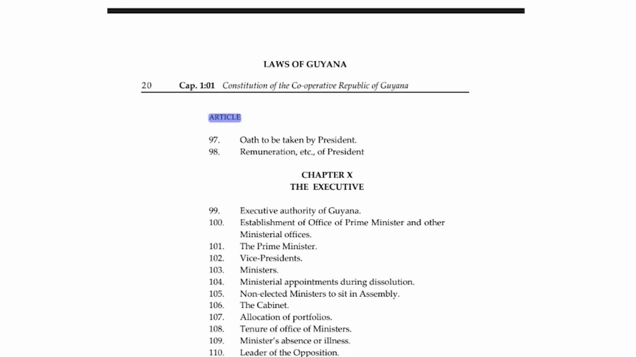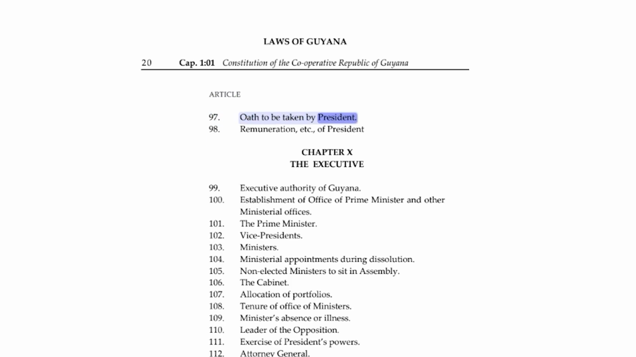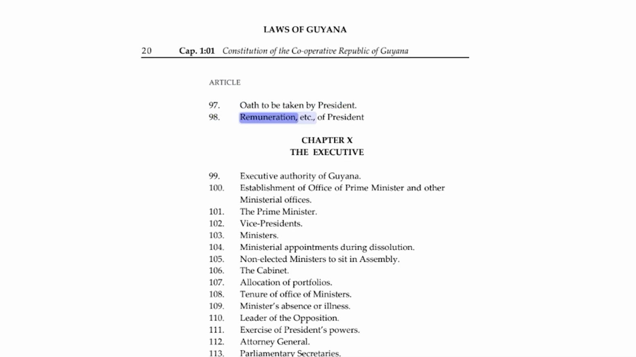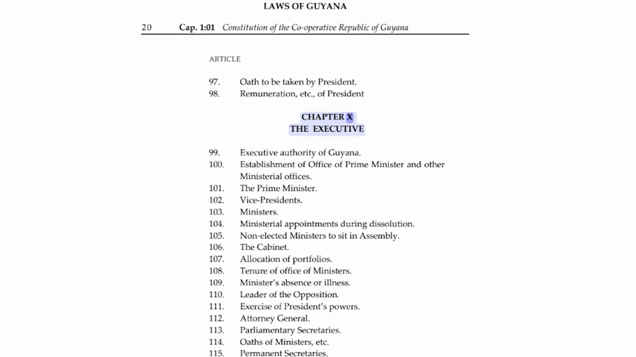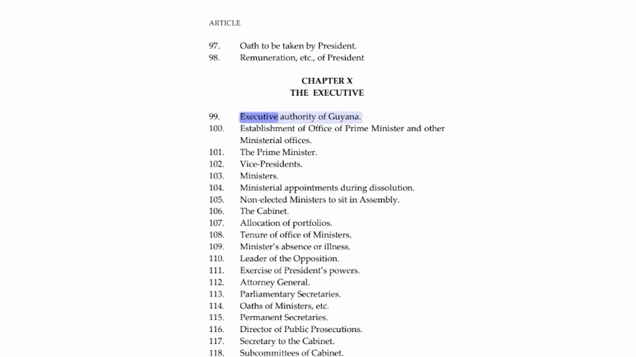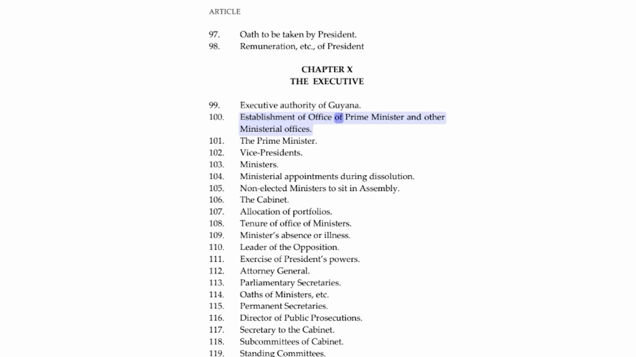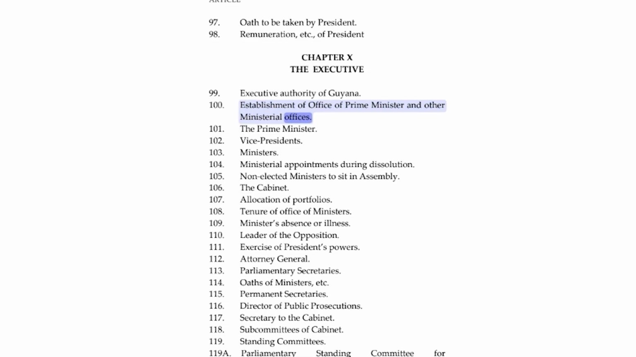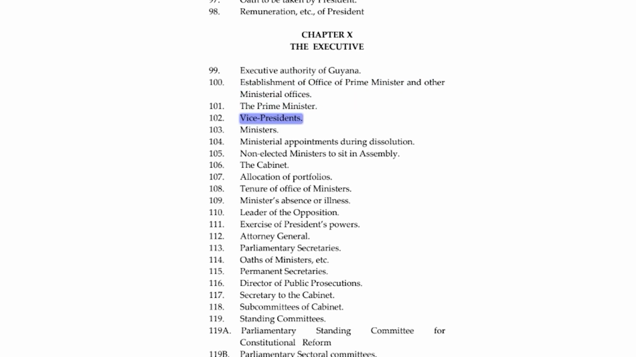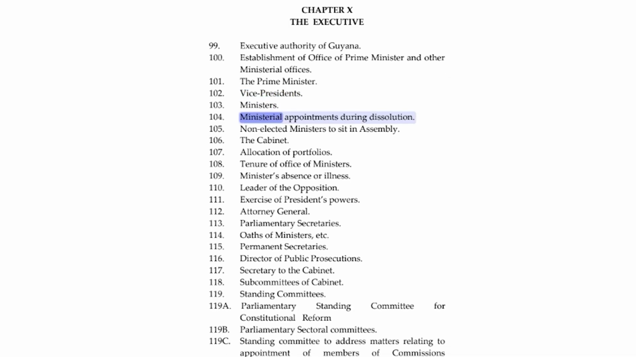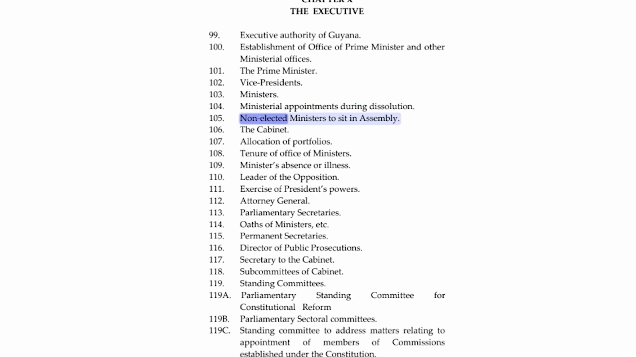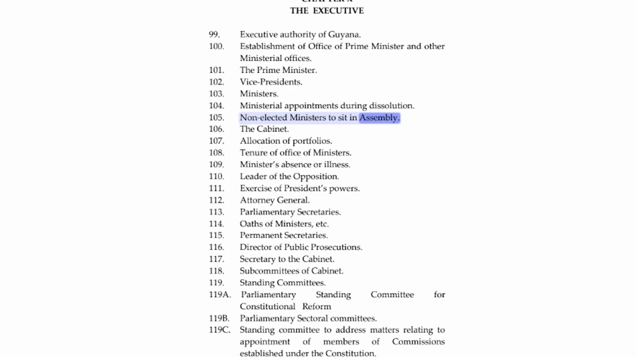etc. Article 97, Oath to be taken by President. 98, Remuneration, etc. of President. Chapter 10. The Executive. 99, Executive Authority of Guyana. 100, Establishment of Office of Prime Minister and other ministerial offices. The Prime Minister, Vice Presidents, Ministers, Ministerial appointments during dissolution, non-elected ministers to sit in Assembly, the Cabinet,